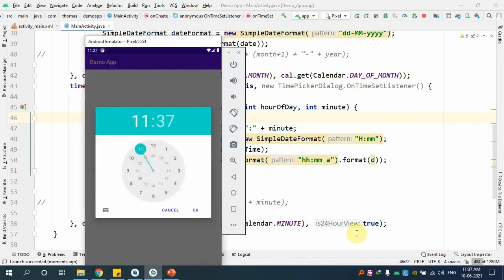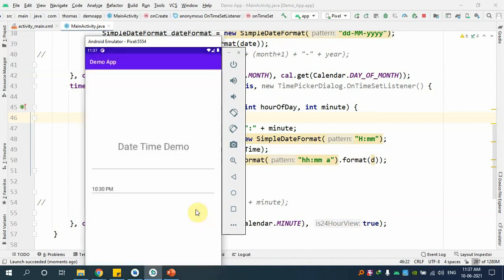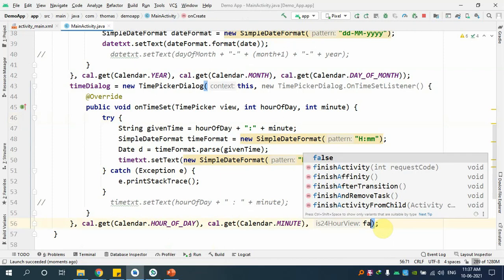See, it's showing 24-hour view because I said true. Let me just choose 22:30 and press OK. What did it print? It printed 10:30 p.m. That's the correct time. Now I'm going to change this from true to false so that nobody,